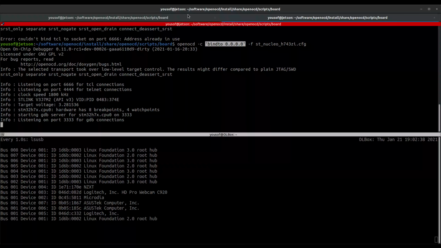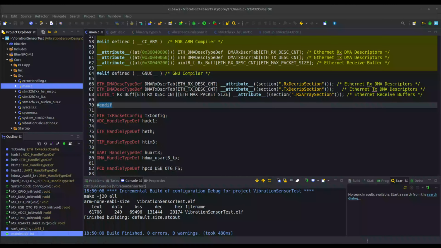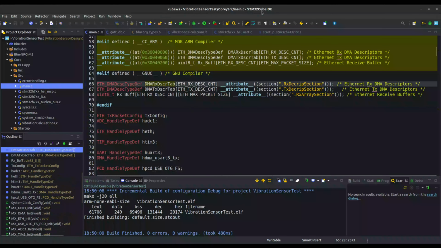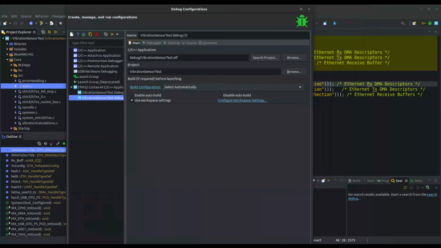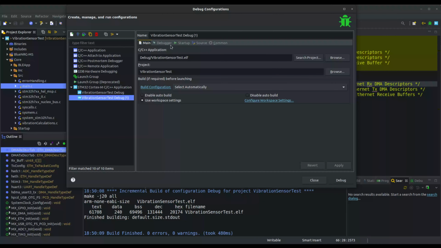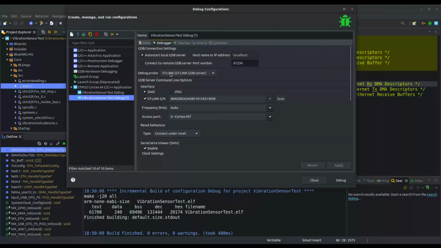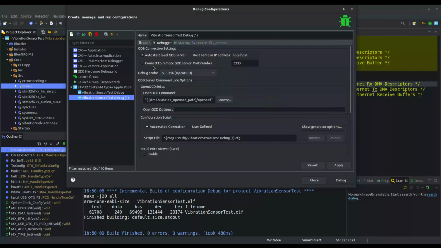So I have this running here. Now it's waiting for a connection, and then on the STM32CubeIDE, I need to create a new debug configuration. So this is the first one that I had. I just duplicate this, and then, okay, resizing. And then in the debugger, instead of ST-Link, I would use ST-Link OpenOCD. I would say connect to remote GDB, and instead of localhost, I would say my